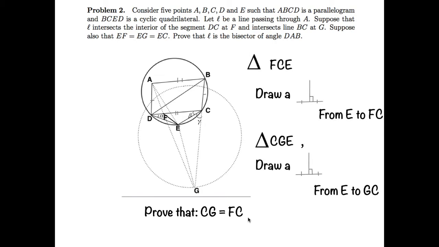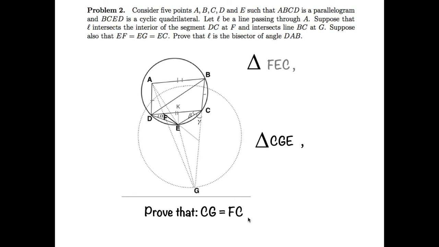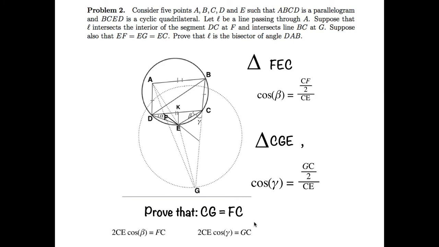This is it. From E to FC and from E to GC, that means we create a perpendicular line. And in this perpendicular line we need CF, right? So in triangle FEC, look at the triangle FEC. Can we say that